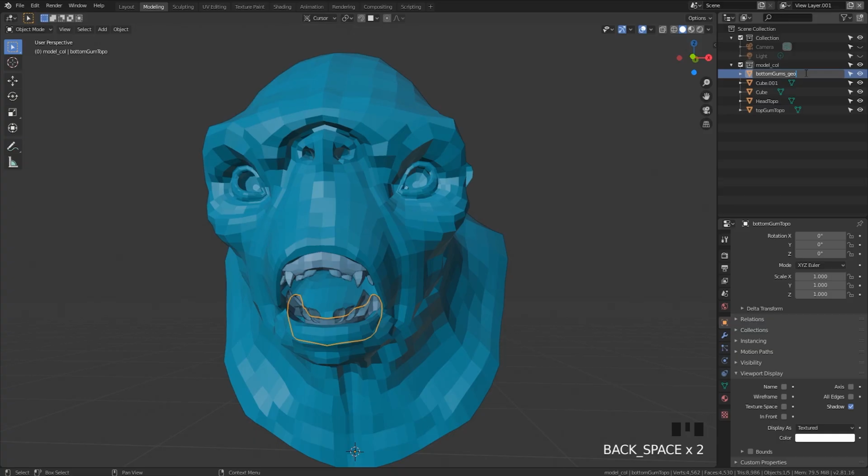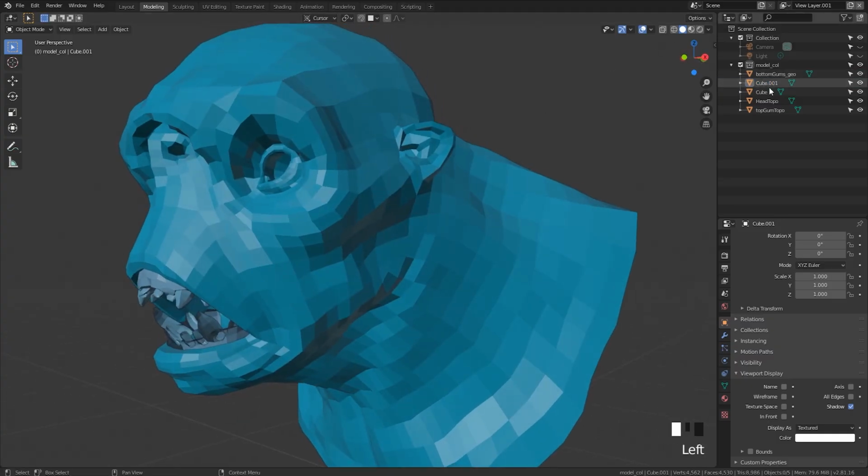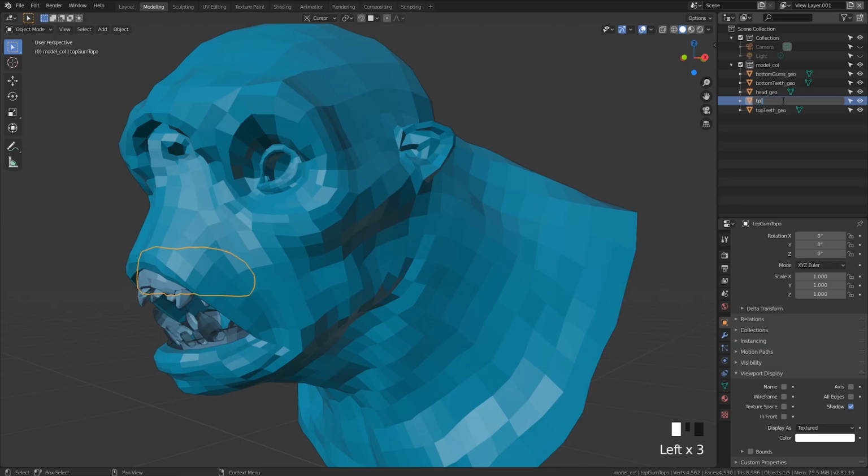Bottom gums, geo. I really prefer to add a geo tag to everything. This is the teeth. And then these are bottom teeth, geo. Then we have top teeth, geo. Then we have head, geo, and then top